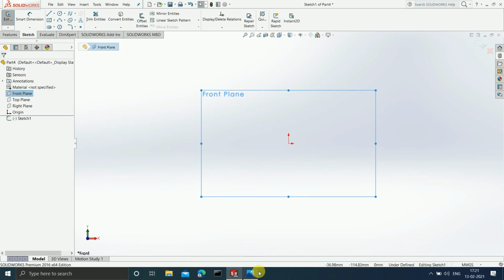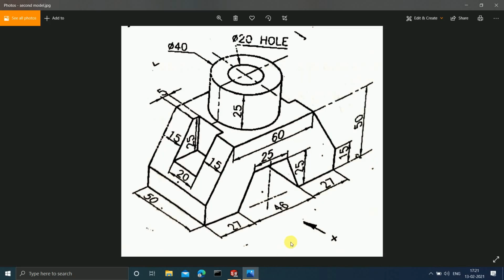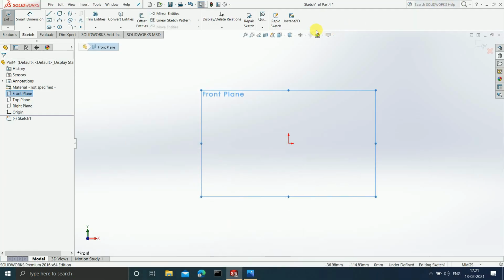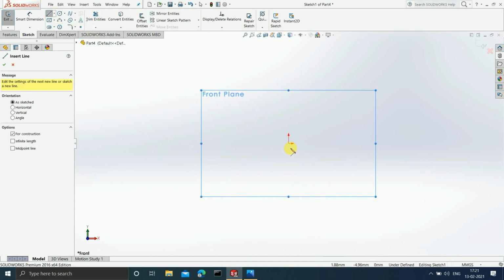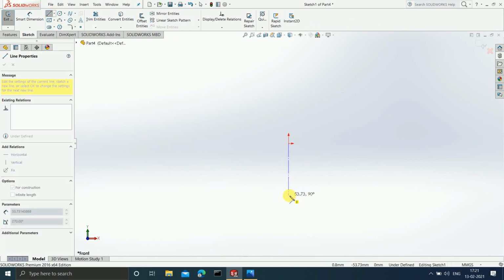Now after this thing is done, can you see guys, this figure is symmetric. Okay, it is symmetric. If you draw a center line here, then the figure is going to be symmetric on both the sides. Okay, therefore the first thing that I am going to do is draw a center line. Okay, and let's make it infinite length.